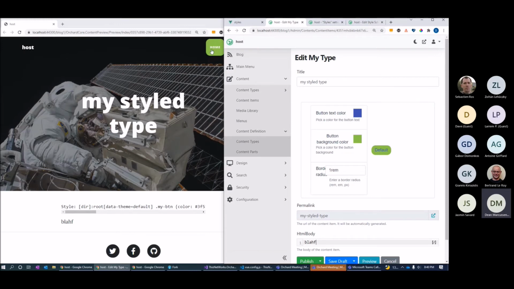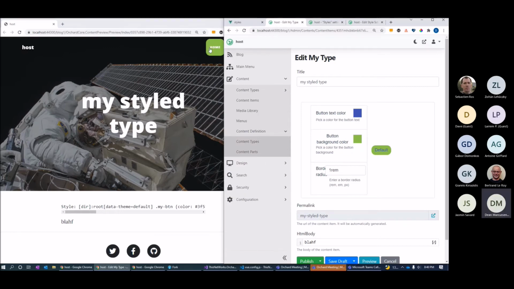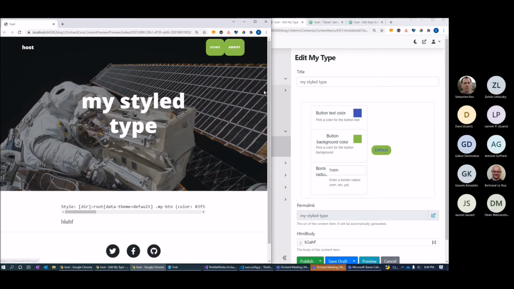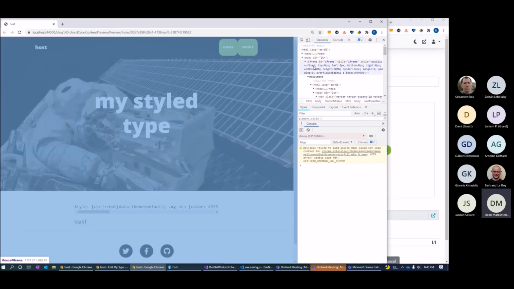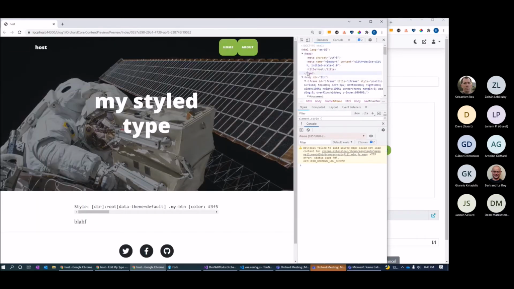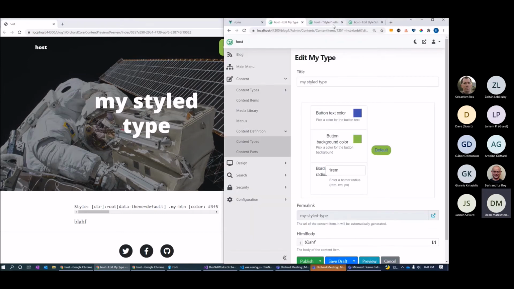Here I've just applied a class which styles the button up here, and because I was experimenting with it, I'm rendering the value for the style that's compiled into the text there as well. So you can do whatever you want with it. You could use it here in content types. In this particular case, if we look at the CSS here, we're just rendering that as an inline style at the top of the document. It's not there because we're in preview mode, but if we look at the published one,